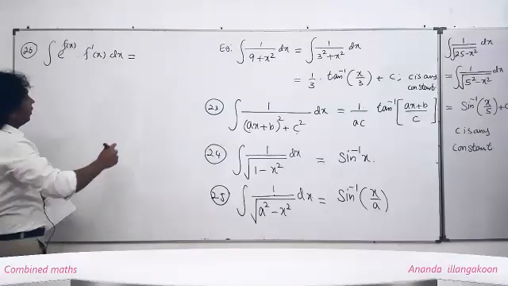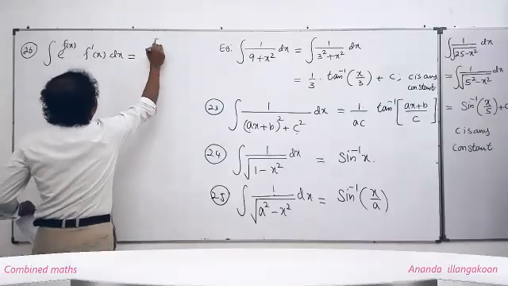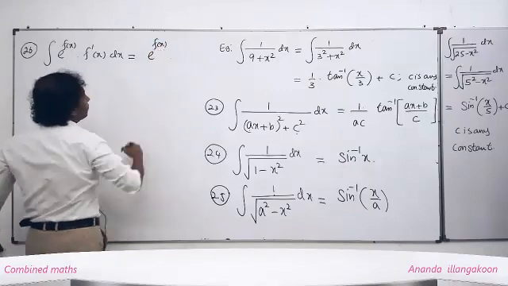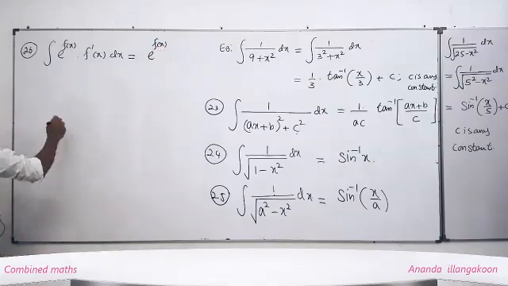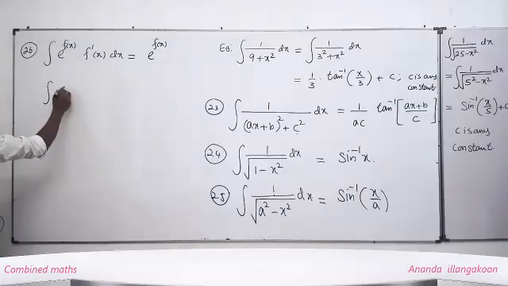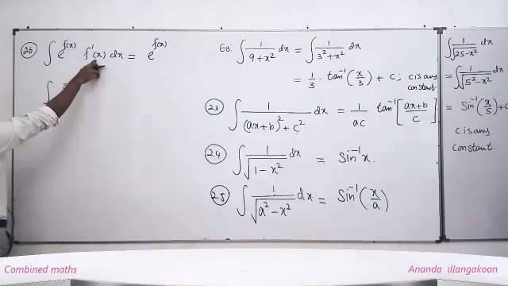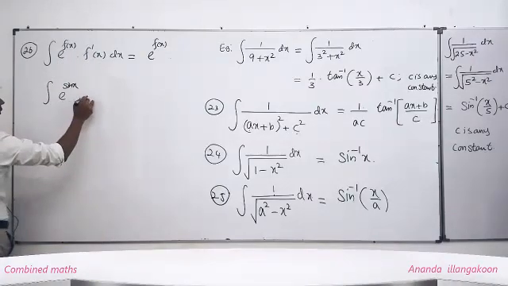Then in this case, the answer is going to be e to the power f(x). Now, for example, suppose here we have e to the power sine x. In the place of f(x), we have sine x. Here we must have the derivative of this, no? This is multiplied by cos x